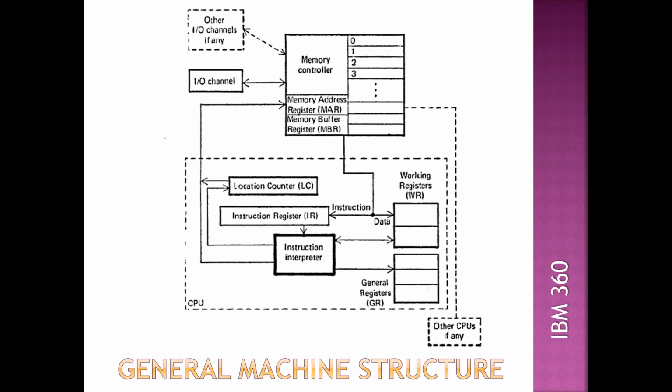Right. The first topic we'll be discussing today is the general machine structure. In the previous class, I told you we will be studying IBM 360. So the first thing you should know is the architecture of IBM 360. It's going to be the machine structure. This is going to be similar to your microprocessor architecture. So you will be having these registers, the memory and all, which is what we are going to discuss now. So let us start now.